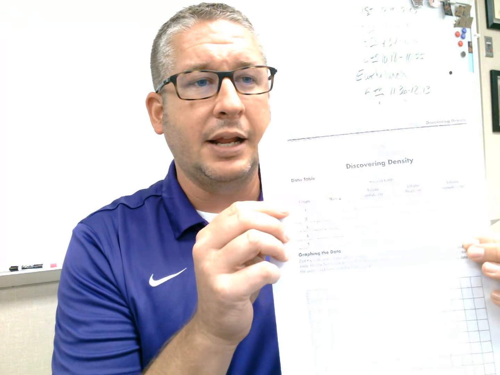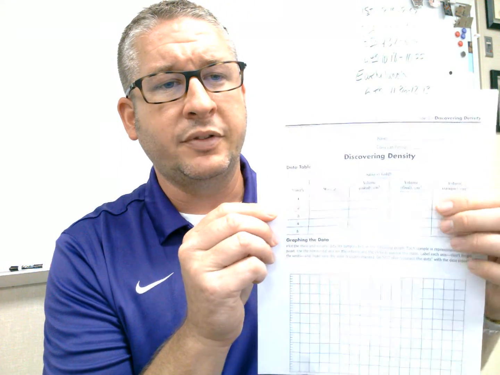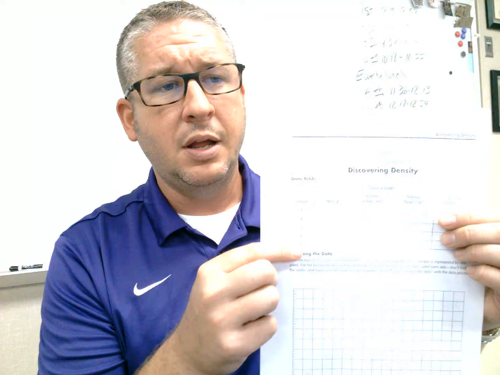But anyway, this is what I'm going to do. I've got these labeled 1, 2, 3, 4, 5, which also happens to coincide with the data table samples 1, 2, 3, 4, 5. I'm trying to get the best lighting here. All right. So as you're going to see here, I have these